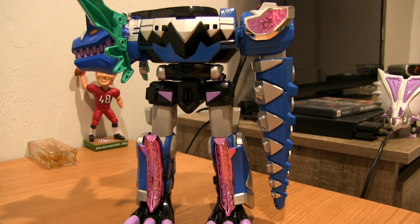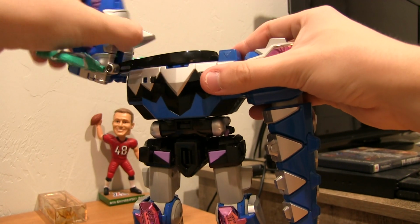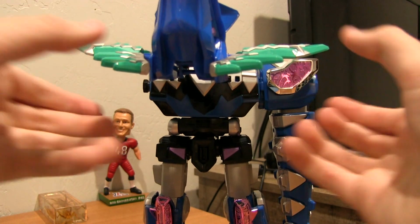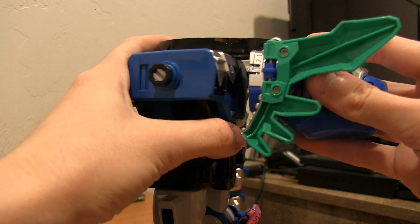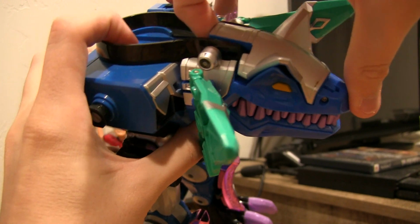This is where some differences start to come into play. And you bring the head, okay, it's starting to look the same, yes, but you want to make sure that these frills don't get in the way that much. So you're just gonna slide into place, and to make sure you guys see this, you're gonna open up this